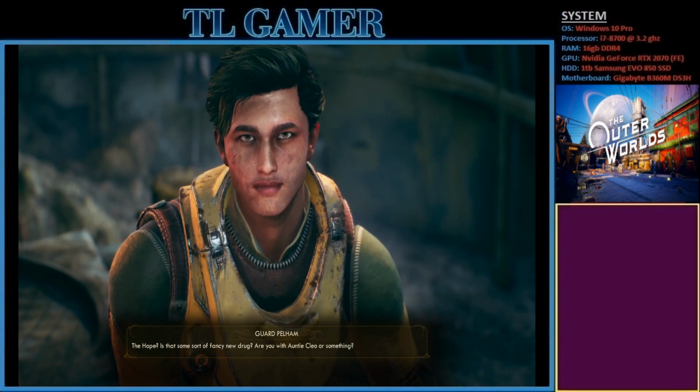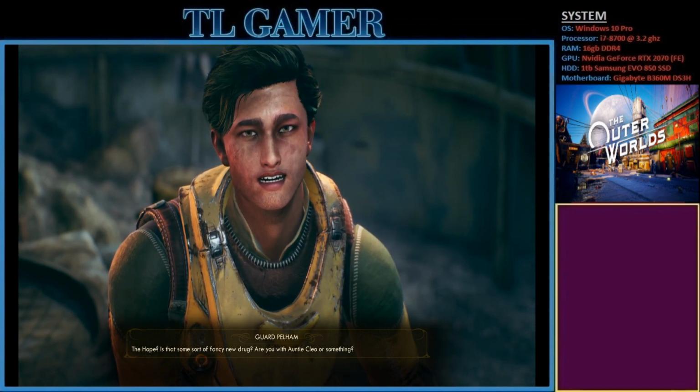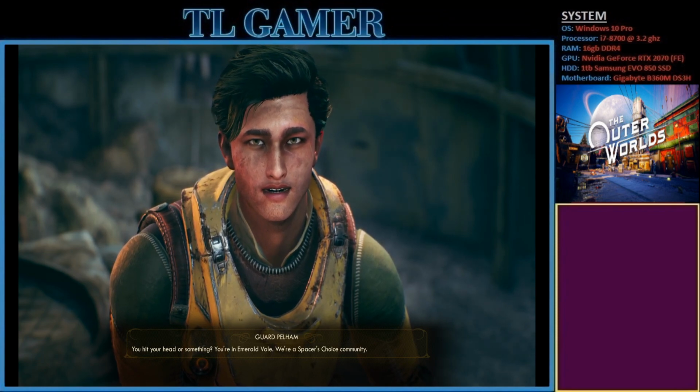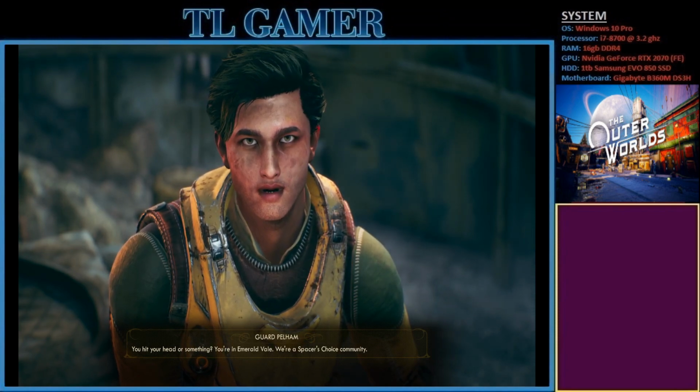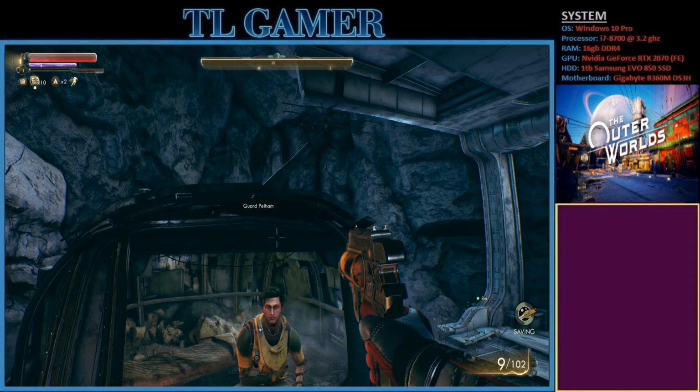Okay, do you know anything about the hope? I'm just going to go through all these dialogue options. Are you with Auntie Cleo or something? You hit your head or something? You're in Emerald Vale. We're a Spacer's Choice community. Edgewater's a little...